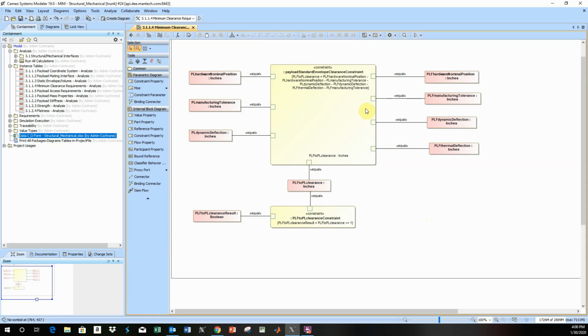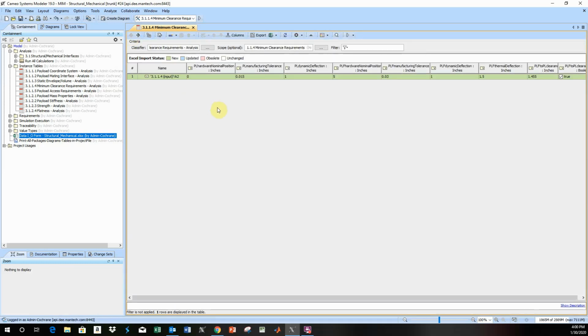parametric diagram that's got all the value properties and the constraint arguments to make this calculation, because we're calculating this value here, the clearance in inches, which then is going to be compared on that inequality to see if it meets the result. So let's go back to the instance table, and you can see now this value is filled in. It's 1.455 inches, and so the clearance has got to be greater than or equal to 1 inch, so that